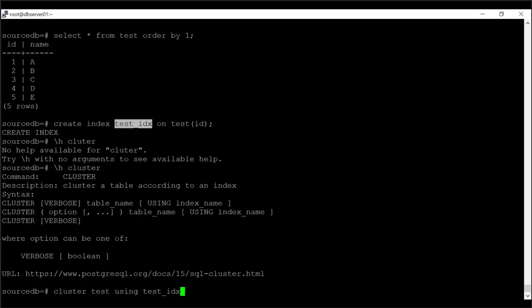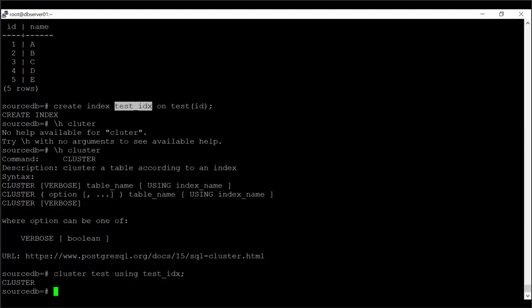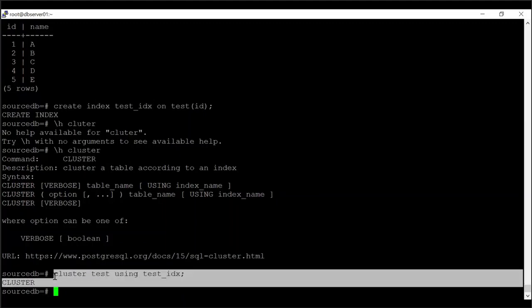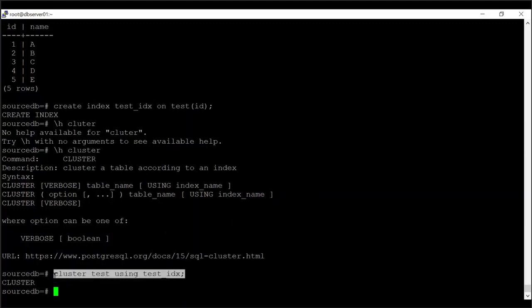So this is the index which I have, right? So I can just do a clustering operation. This is a simple table, and it has done very fast actually. But if you have a very big table, then it may take some time and it requires an exclusive lock from